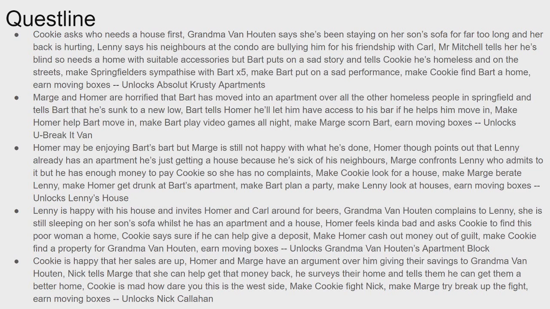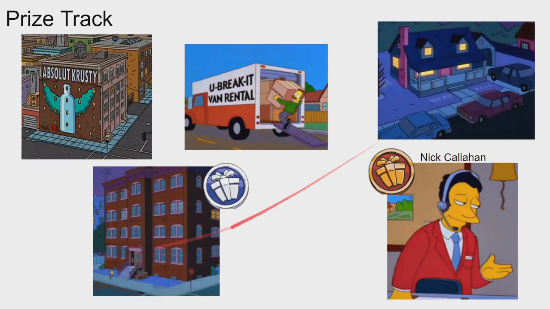Lenny says that his neighbours at the condo are bullying him for his friendship with Carl. And Mr. Mitchell tells her he's blind, so he needs a home with suitable accessories. But Bart puts on a sad story and tells Cookie he's homeless and on the streets. So you make Springfield sympathise with Bart ×5, make Bart put on a sad performance, and make Cookie find Bart home. You earn so many moving boxes, and you unlock the Absolute Crusty Apartments, or you could just call this